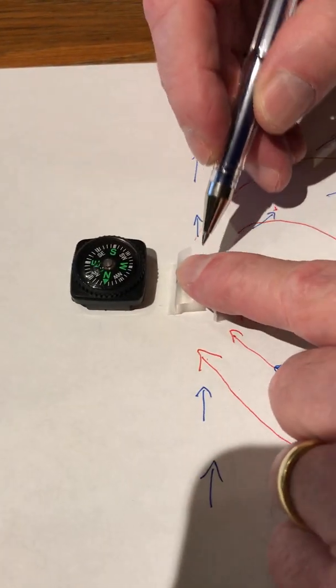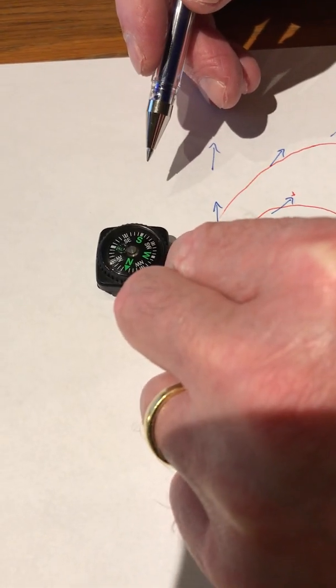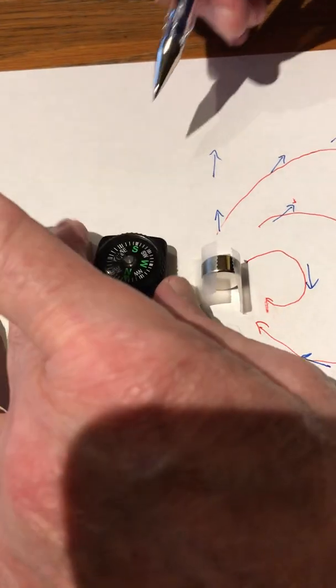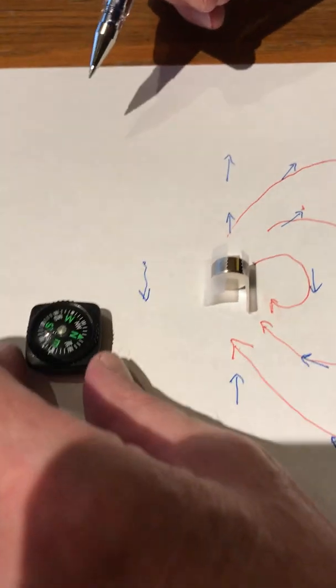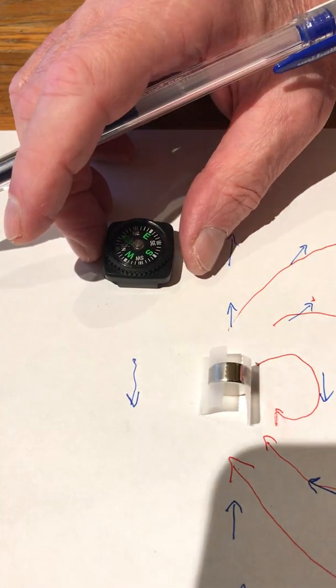See, there's iron in this pen, so it attracts to the magnet. So the North Pole will always point in the direction of the magnetic field. So let's put it out here. So now the North Pole is pointing,